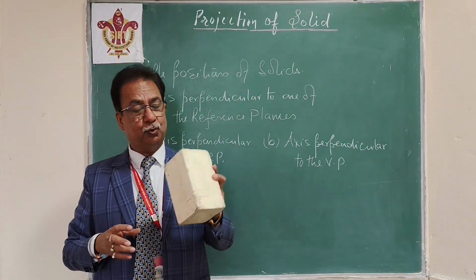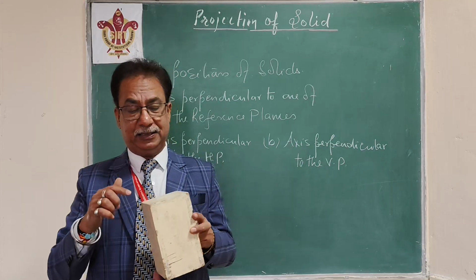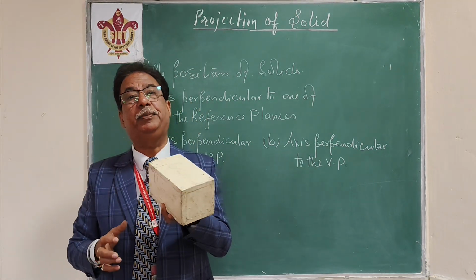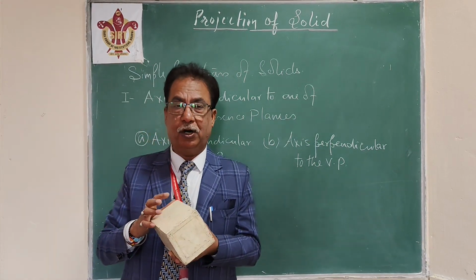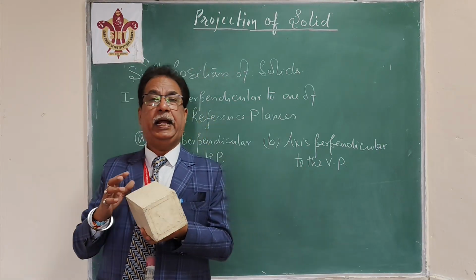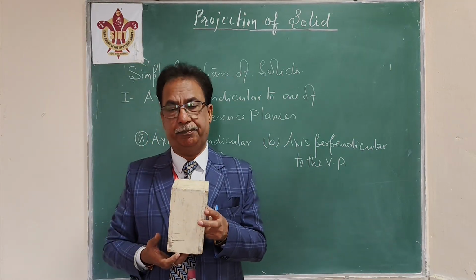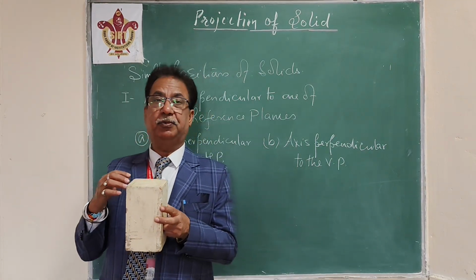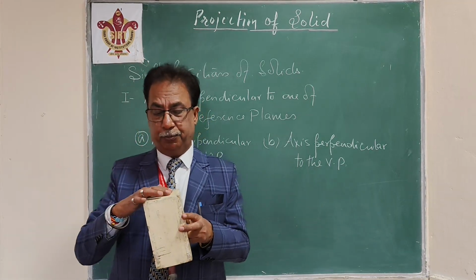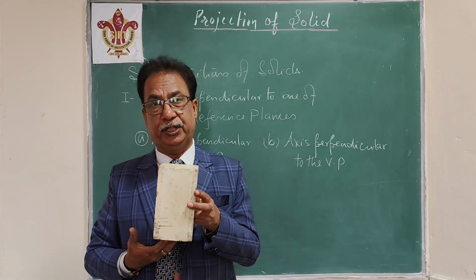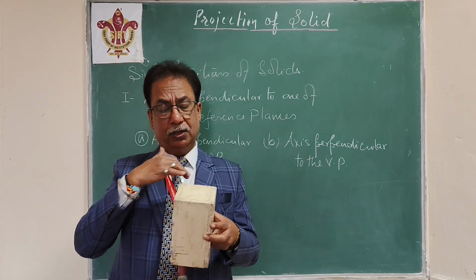If I talk about this prism, which has 2 square bases and a number of faces, the axis is the line passing through the centers of the 2 bases. That line goes inside. Normally we will draw right and regular solids. Right and regular solids means the axis of the solid must be perpendicular to the base and the bases must be regular figures. So if this is a right and regular square prism, both the square faces are parallel to each other, the axis is perpendicular to the base,